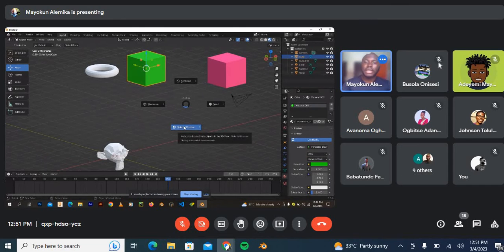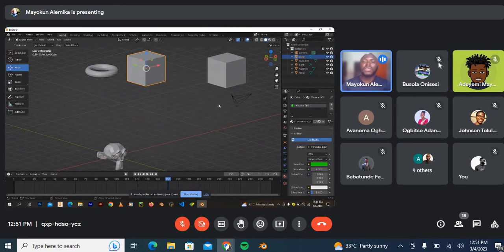Now, if you're working in Blender and you're not dealing with material, you usually want to work in solid view. If you have a more sophisticated system, this won't matter. But if your system is anything less than a Core i5 or Core i3, you will likely be working